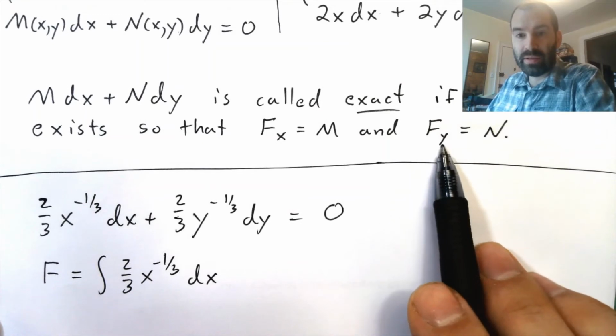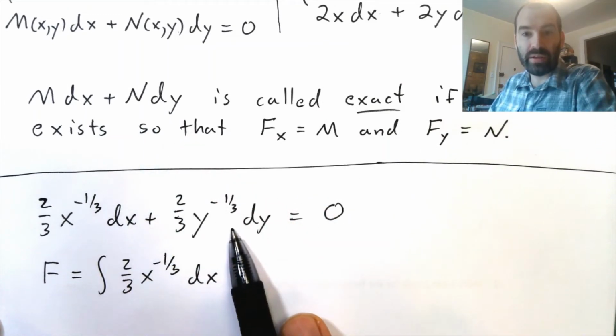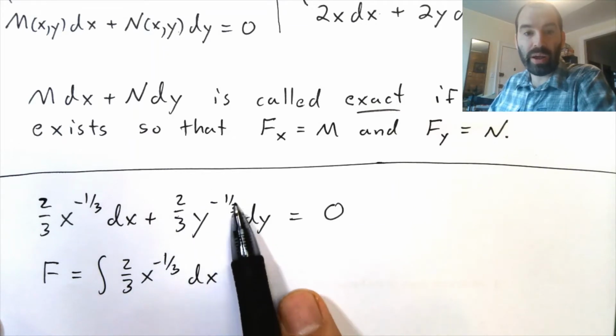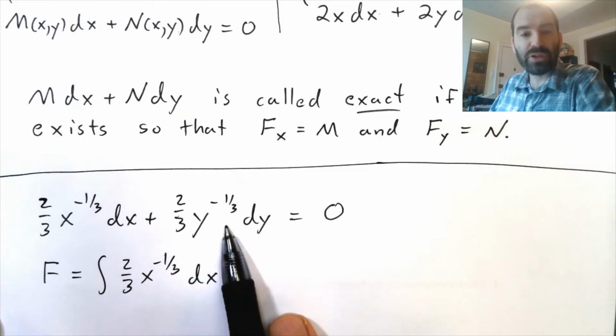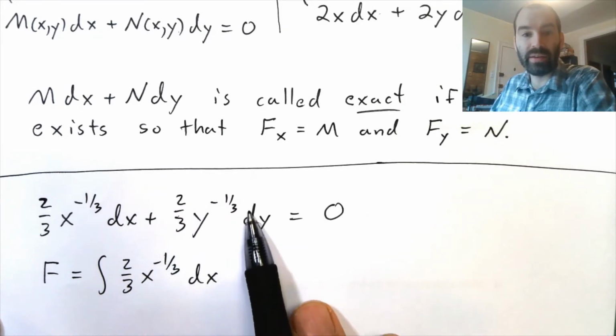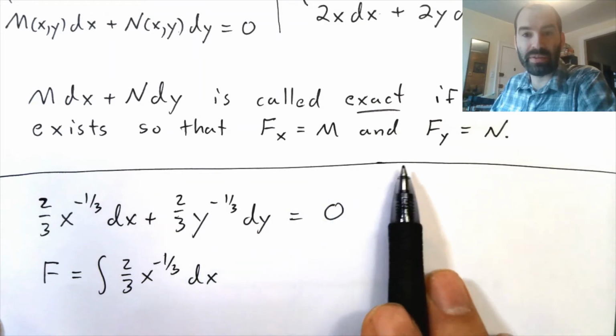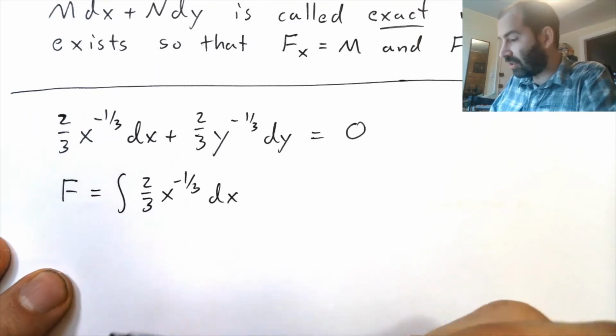Fy is equal to n. The n is the thing in front of the dy. So this should be Fy. On the other hand, f should be the antiderivative of this with respect to y, right? Because this is supposed to be the derivative of f with respect to y. So not only should f be this, but f should also be